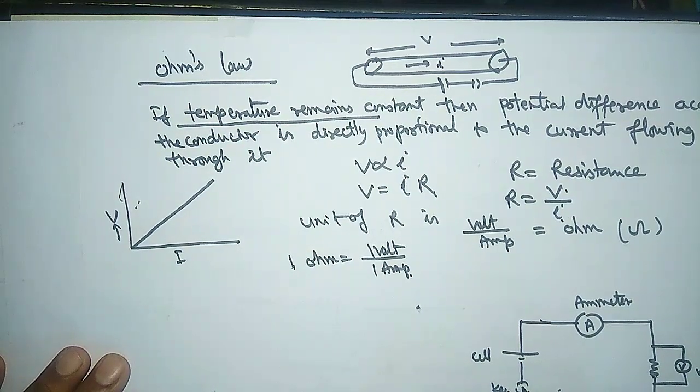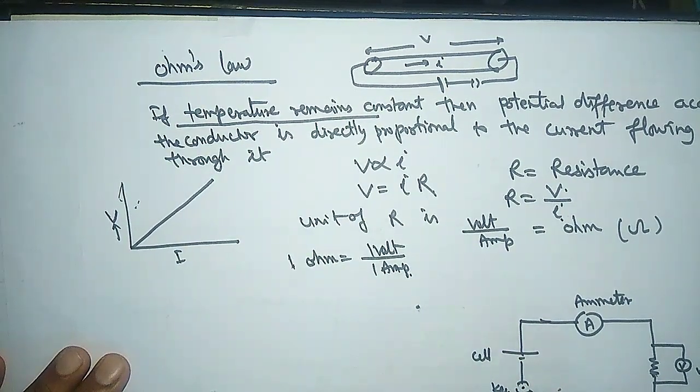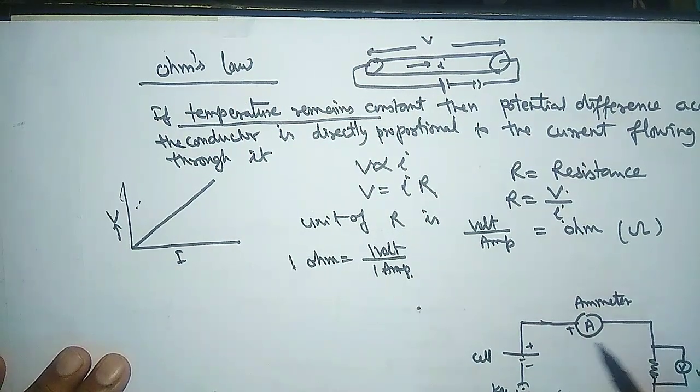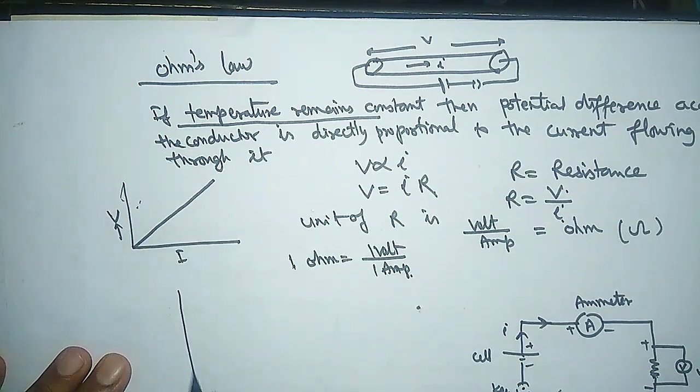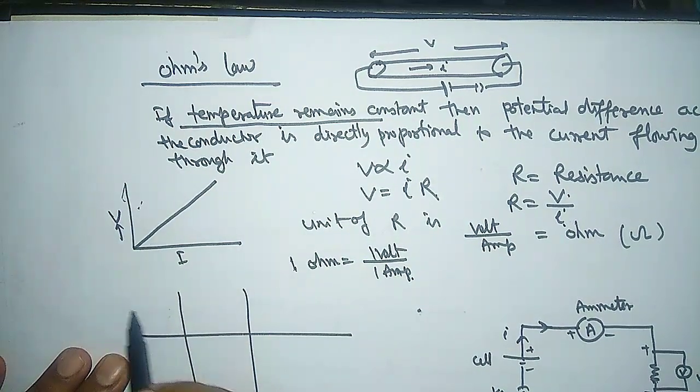See, when the switch is on, that is, closed, current will start flowing. This is plus, this is minus, plus, minus, like this. And this is the direction of current like this. It is I; current will flow like this. So when we switch on the circuit, just read the reading of the voltmeter.